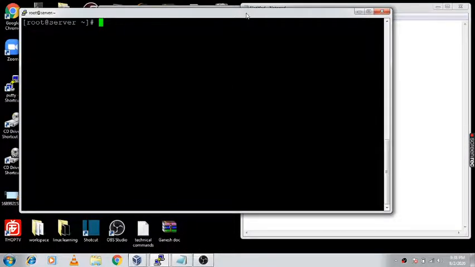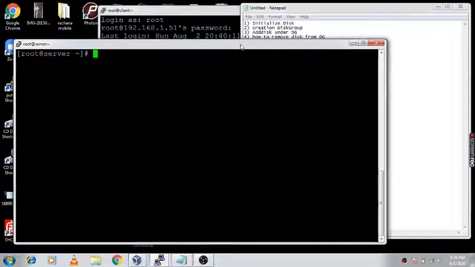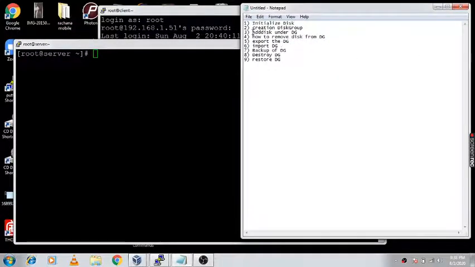Myself Ganesh. Today we are talking about the disk group in the Veritas Volume Manager. Whenever we are creating any disk group, what is the requirement to create this disk group? For demonstration, we are going to initialize the disk, then create the disk group, then add the disk